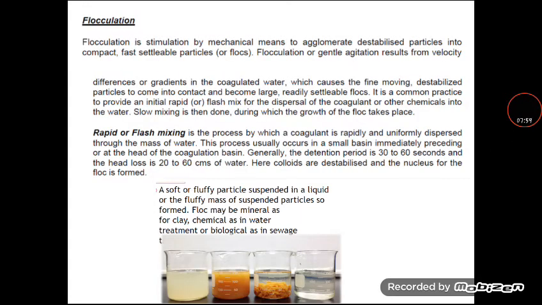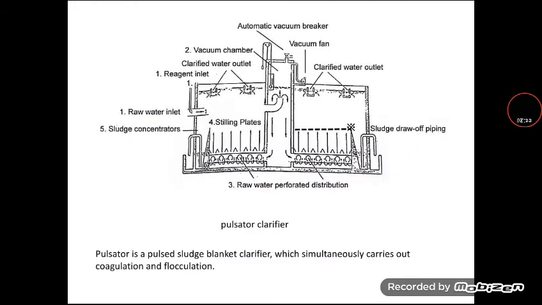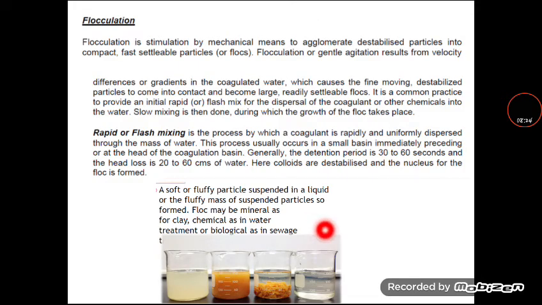This figure shows how the floc formation is happening. This is the water having the colloidal particles. Then after adding the coagulant, it looks like this. After this is the floc, which is settled under the beaker. The third beaker shows how the flocs are settled down. After that, the clarified water is the clear water which is separated out from the floc, as shown in the fourth beaker. The water free from colloidal particles after the flocculation process is shown here.